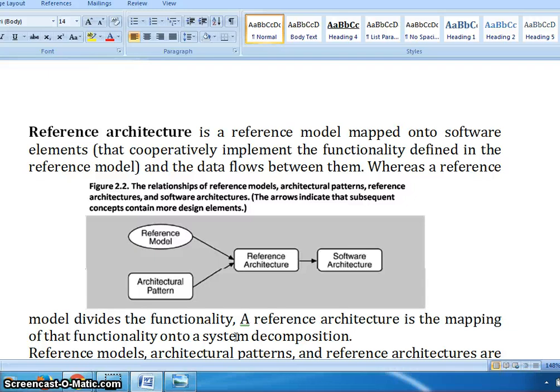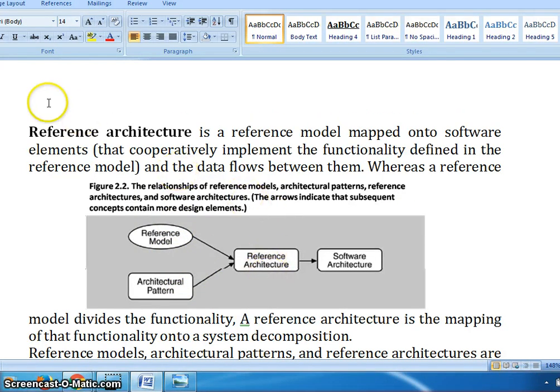And the reference model contains the decomposition of elements, and how they exchange the data, how the data flows between different elements, and these together form an architecture, that is reference architecture.